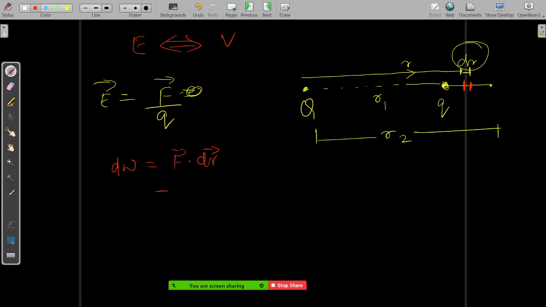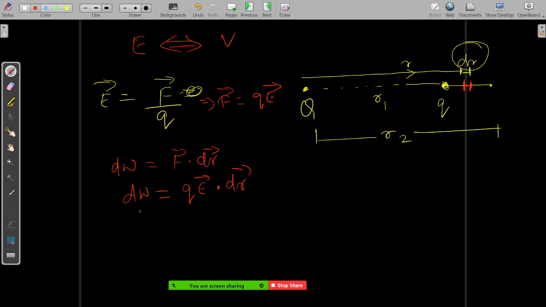And this force is basically q into your E. Force is qE, correct? So qE dot dr, right? So your small work done during that duration is basically equal to force dot displacement. Correct. Now we have started from force again. We'll go back to